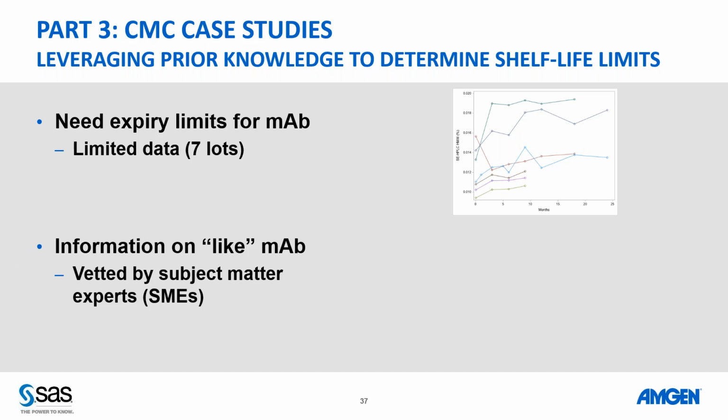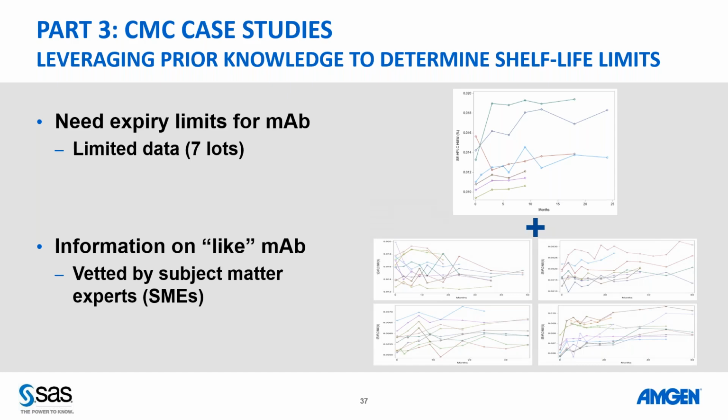strong. But we do have information on monoclonal antibody molecules. And some of this varied by the subject matter expert. And this is where we get into this discussion of disciplined objectivity. We mentioned this in previous webinars. It is something that is an agreement between a group of scientists and engineers of what these molecules may be like, quote unquote. So in this case, we have 4 of them, and you can see the data there for the 4 of them. And we're going to tell you what response we're looking at.